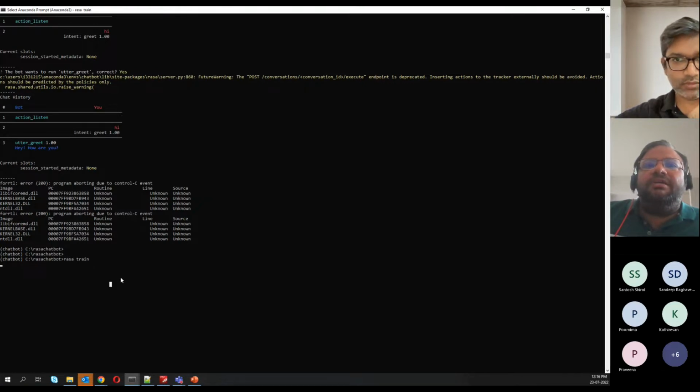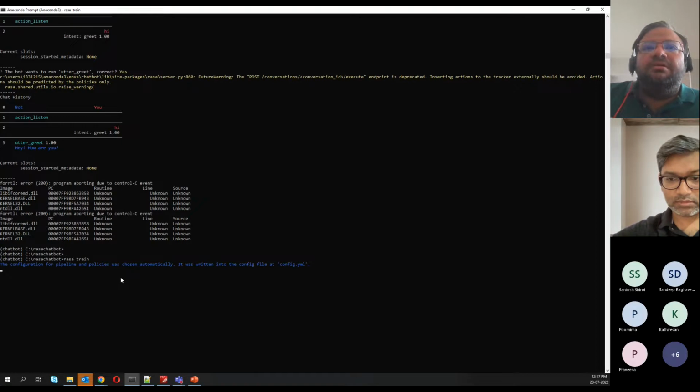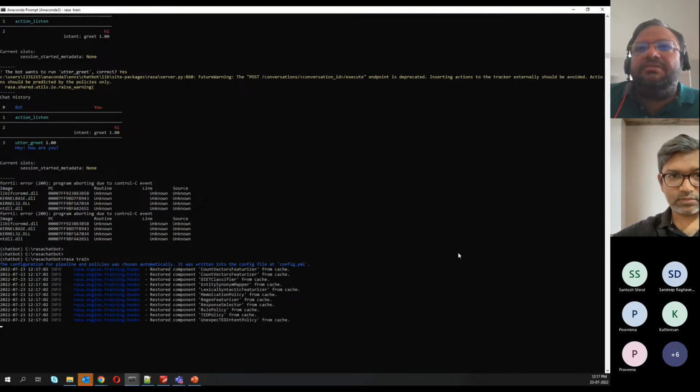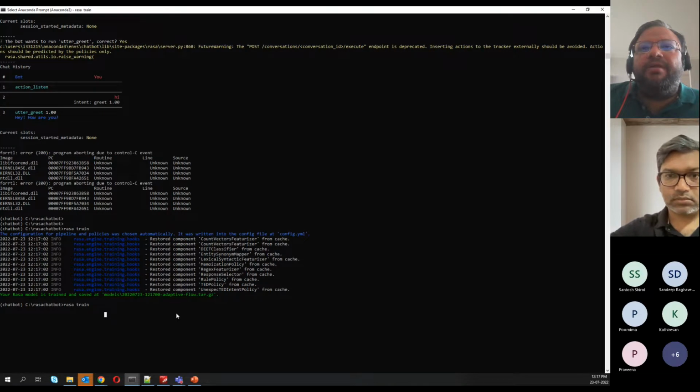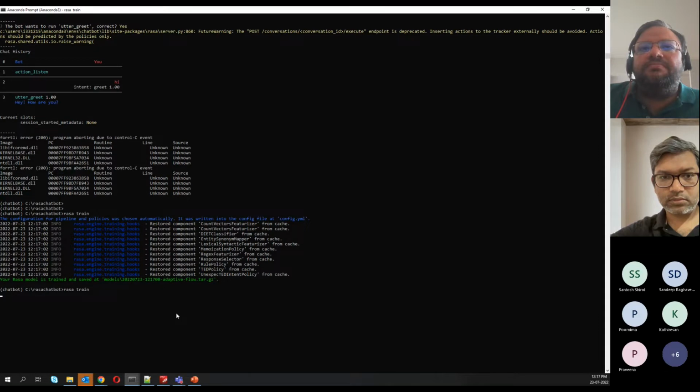Can you kill the process, Santosh? It is actually doing something, so maybe it's taking some changes. Rule policy. Now do a Rasa train again immediately. Okay, this is funny.